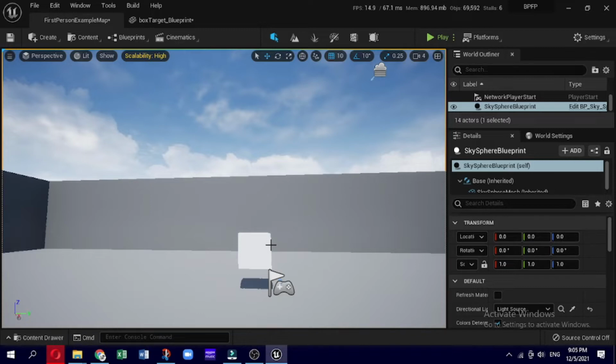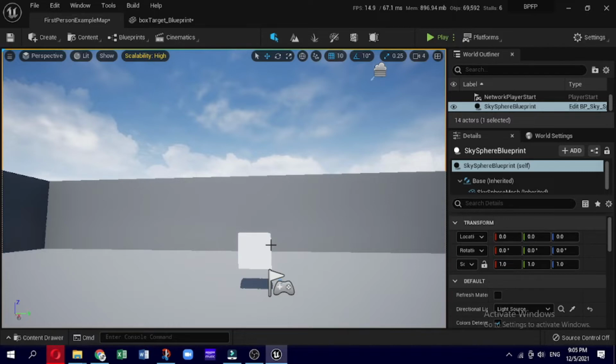Now that we have a target that responds to the player shooting, we can add some sort of challenge to start making our project feel like a game. A simple way to do this is to add some movement to our target. To accomplish this, we will first have to declare that our target actor is an object that is intended to move, and then we need to set up logic within the blueprint that will manage how it moves. Our goal will be to make the target box move back and forth across our level.